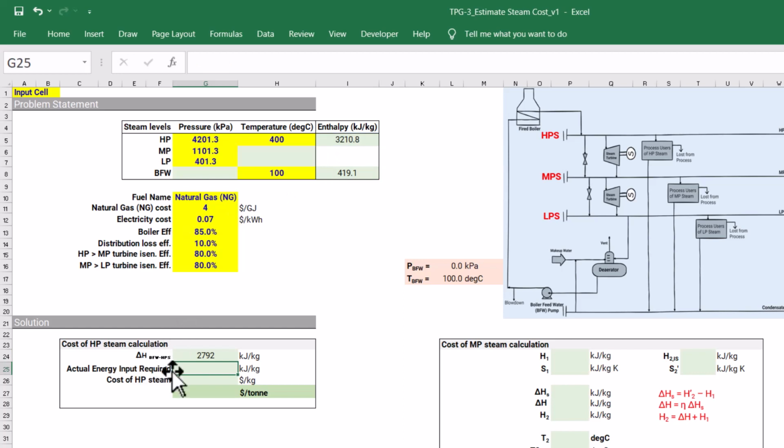But the actual energy that is required to elevate this enthalpy would be influenced by the boiler efficiency and distribution loss. So this delta H divided by the efficiency of the boiler divided by our distribution losses, but it's like 10% is lost, so only 90% is being used. So 1 minus 10%. So this is the actual energy required in terms of fuel. So cost of HP steam